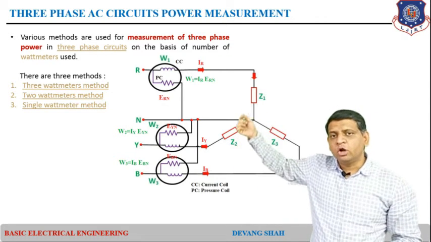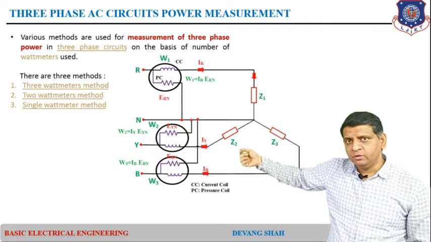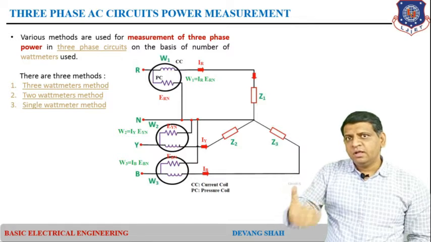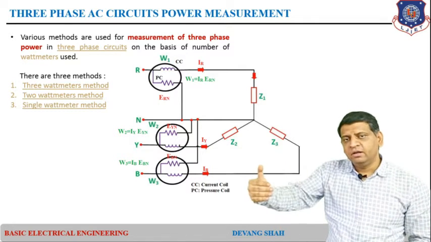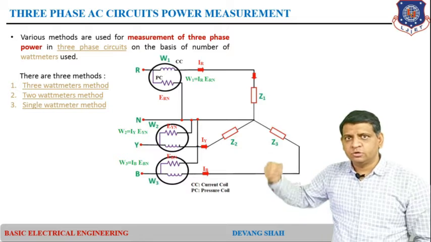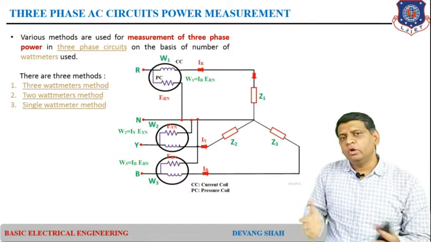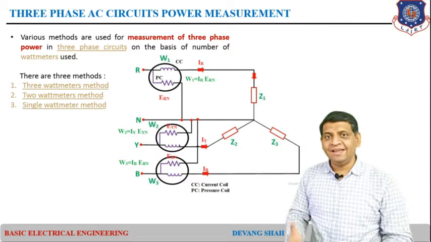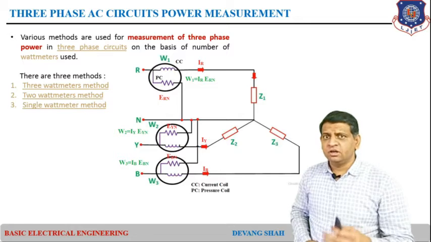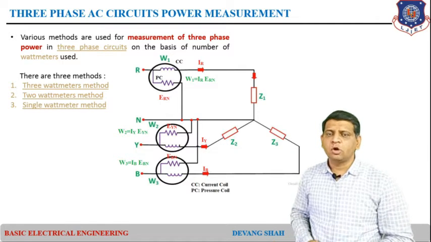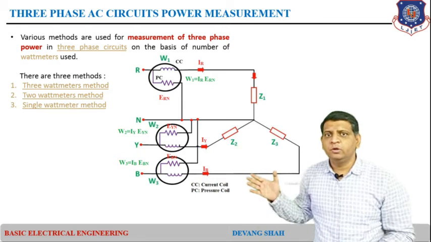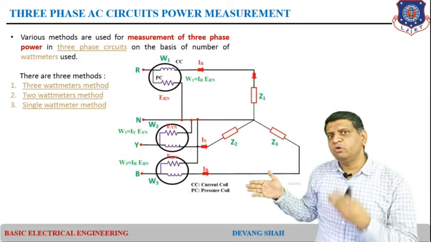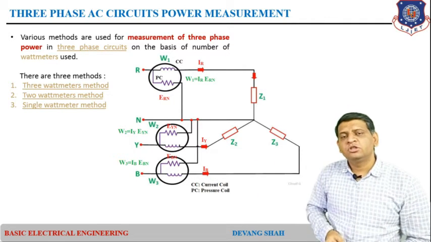That is what the wattmeter symbol represents, and here you can see the three wattmeter method. In each line we have connected one wattmeter, and these three wattmeters will measure the power as W1, W2 and W3. Ultimately the wattmeter gives you only the measurement of power, which is the multiplication of the current passing through it and the voltage drop across it. From this diagram you can see this is the three phase wattmeter method, with three wattmeters connected, one in each line, which is why it is defined as the 3 wattmeter method.